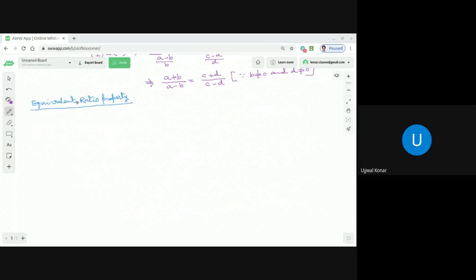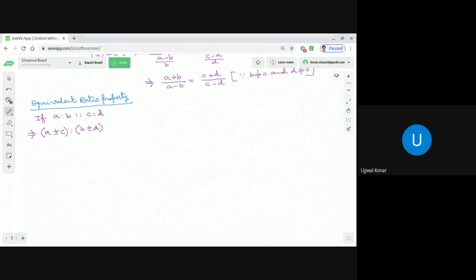So this equivalent ratio property says that if A is to B is equal to C is to D, then this implies that A plus minus C is to B plus minus D